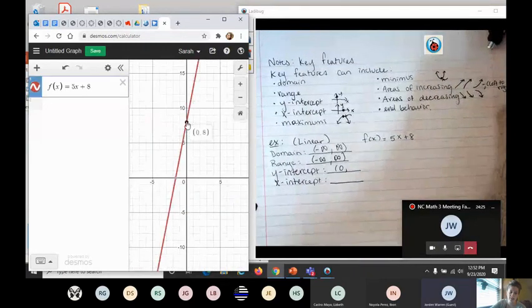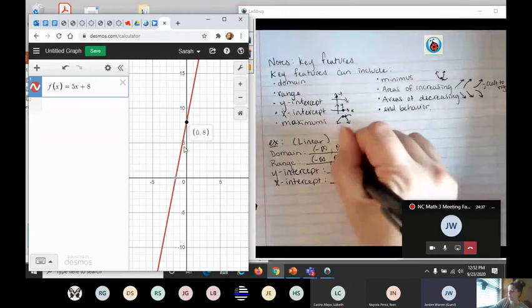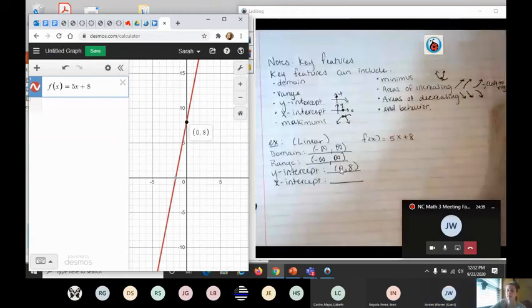Okay, so my y-axis is right here. When I click on it, what point does it say on Desmos that I have? 0, 8. Yeah, very good. It's two values together. It's a point, okay? Now the x-axis is down here, and I can click on that